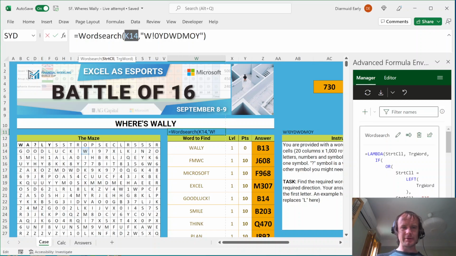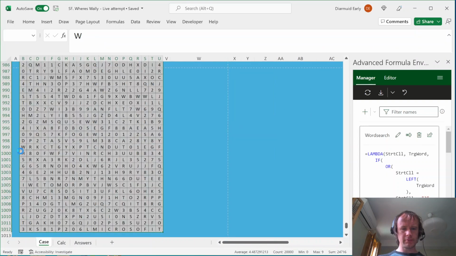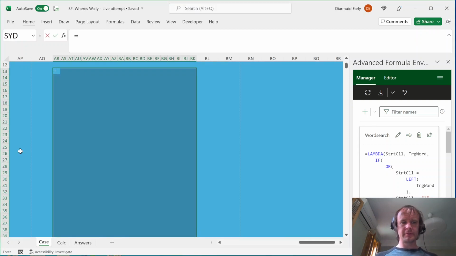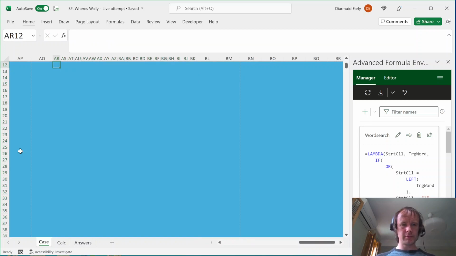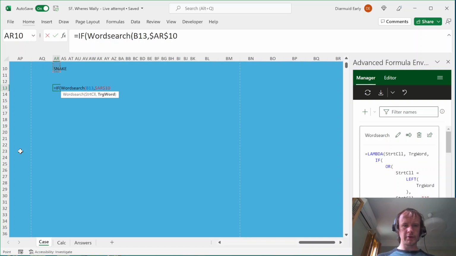All right. Let's try a simpler example again. Let's try my good luck. Here, that's true. I'm just going to try going straight to the finish line, and if it doesn't work, I'll do a little more debugging. So we'll come over here, and then I'm going to say if word search, and sorry, let's put my word up here. Let's say I'm starting with snake. If word search E13, which is the first cell of the grid, target word,